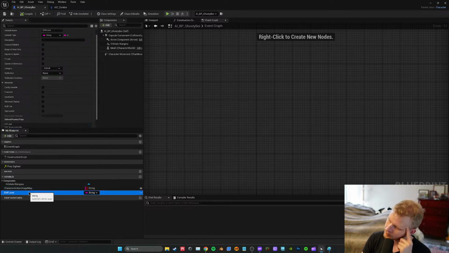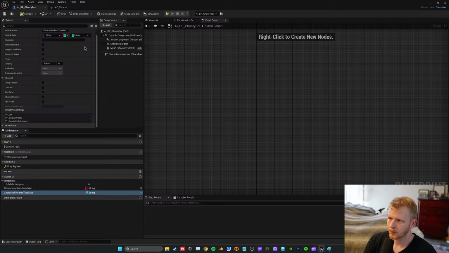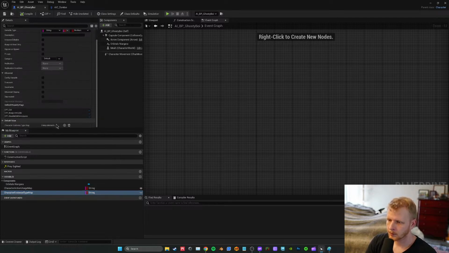And then we can call this character evidence map. String map to boolean, compile, and then we'll say